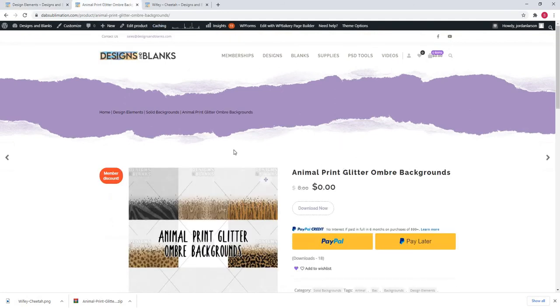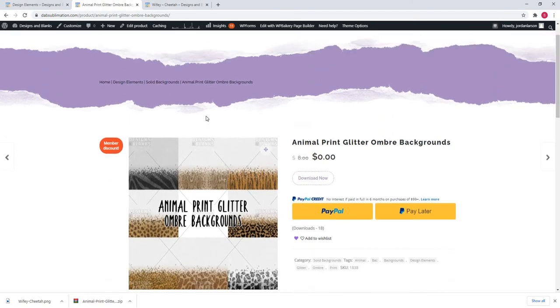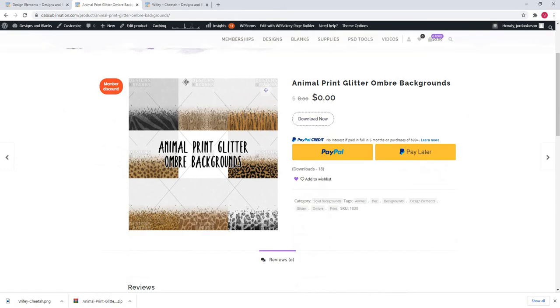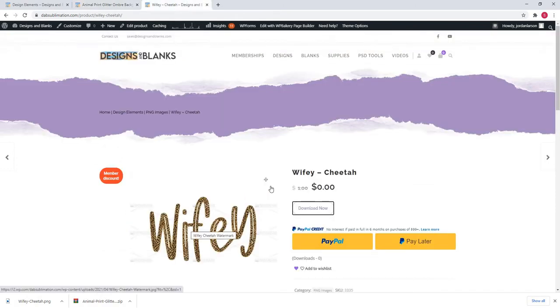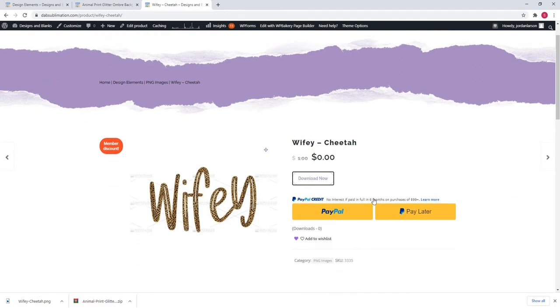I downloaded this animal print glitter ombre background. This can be found here at Design Elements, then in the Solid Backgrounds category, and then the Animal Print Glitter Ombre Background product. I also downloaded this new design that I added, a bunch of different female title names, so wifey, wife, sister, aunt, all that kind of stuff, with a cheetah print and a glitter outline. These are all new things that are on the website now that weren't there before. So I downloaded both of those files,